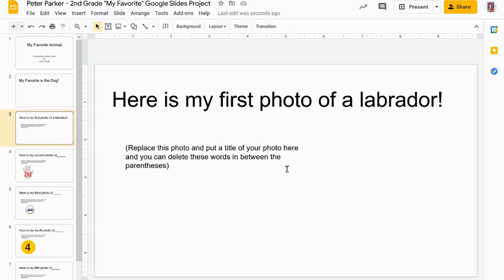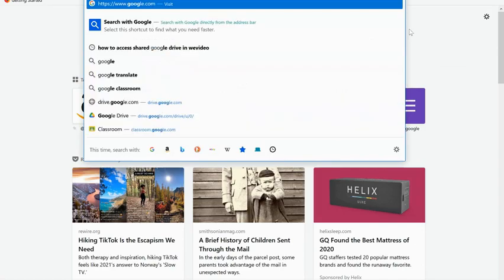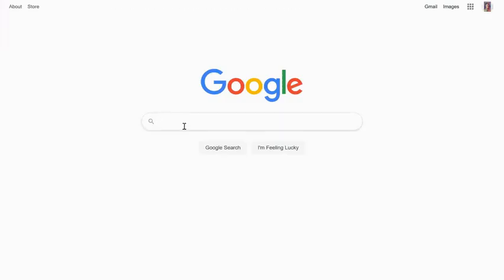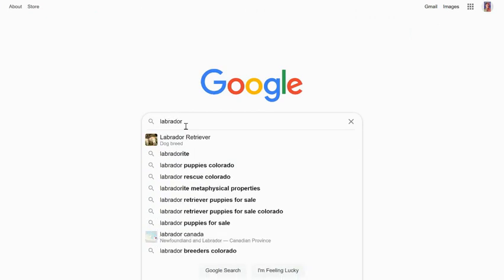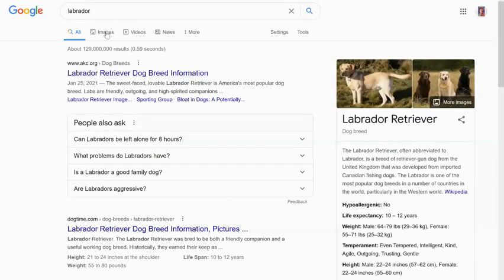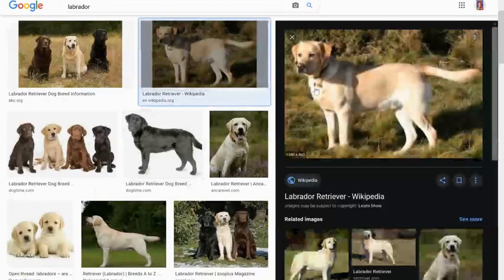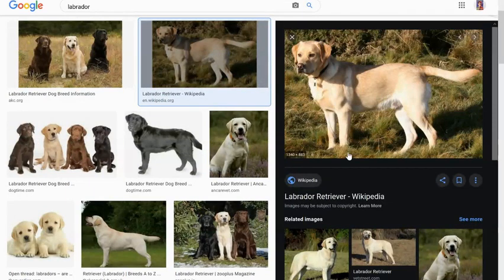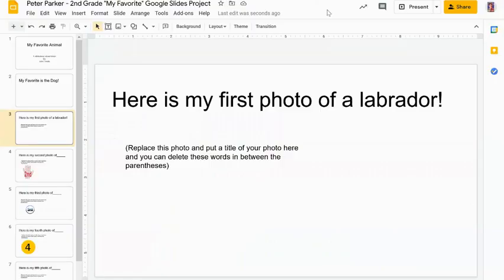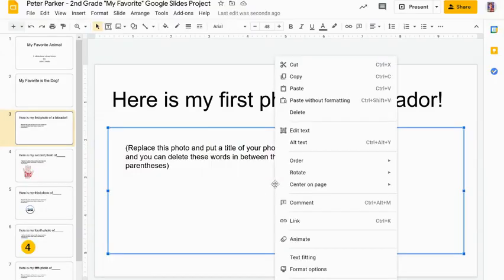Now, I will show you a couple of ways that you can add photos. The first way is going to be very similar to how I showed you with the iPad. I'm just going to go to Google, and then I'm going to type in Labrador Retriever. I'm going to click on the images, and then this time, click on the picture I want, right click, and for the Chromebook that is 2-finger click, and I'm going to say copy image. I'm going to go back to my Google Slides. I'm going to right click or 2-finger click in my Google Slides,